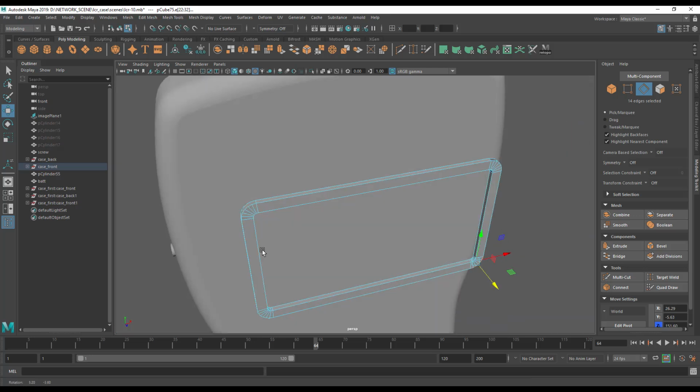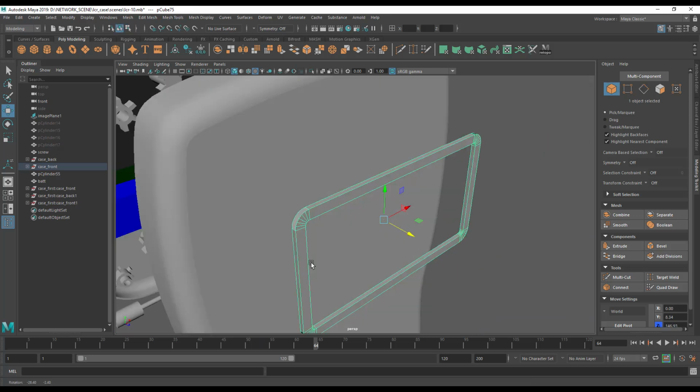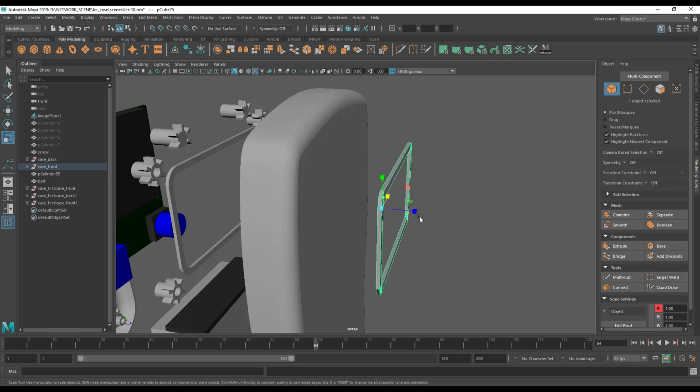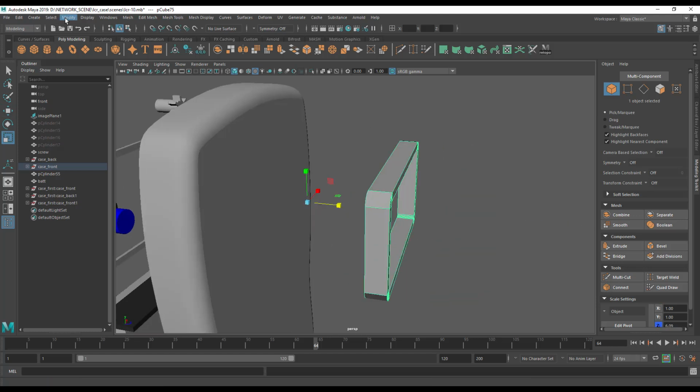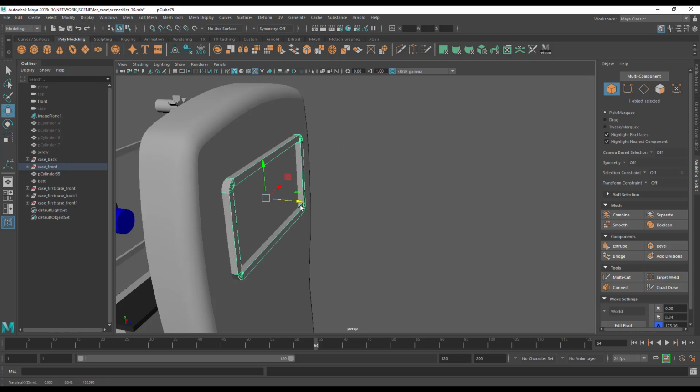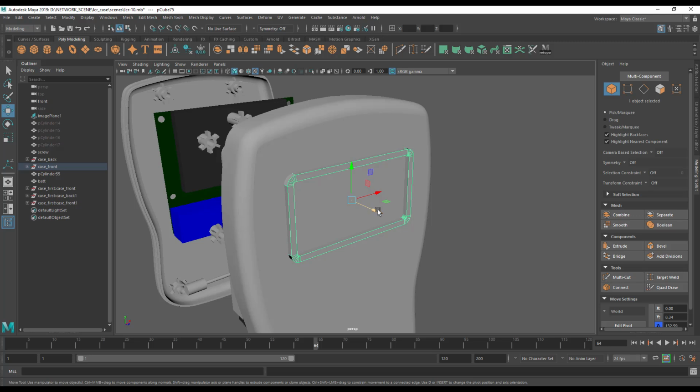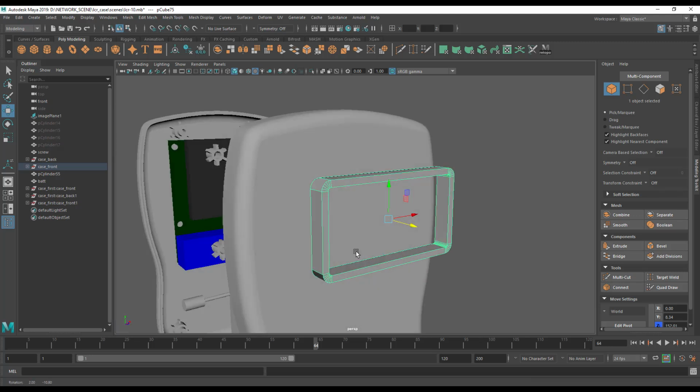Alright, so that gives us this back. Now if you're thinking it's got a hole in it, it really doesn't matter. Let's make it a bit wider and center its pivot. Okay, it really doesn't matter because when we use it to cut the hole, now one thing I did mention was that